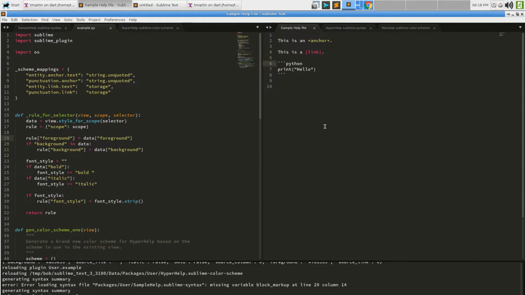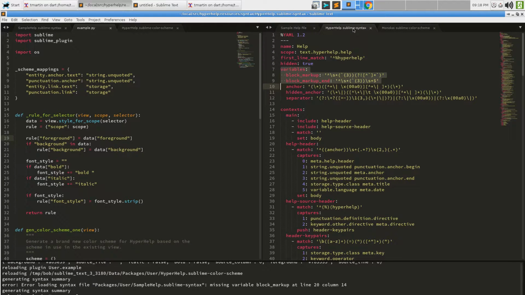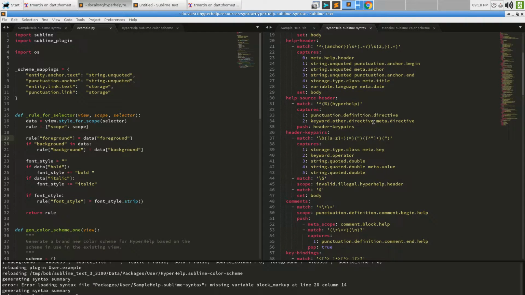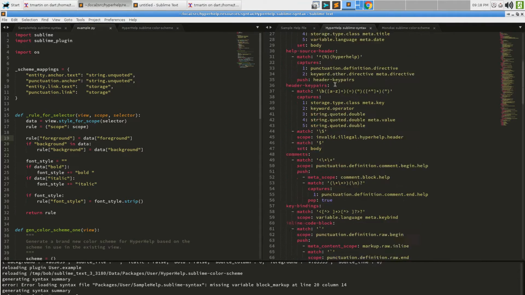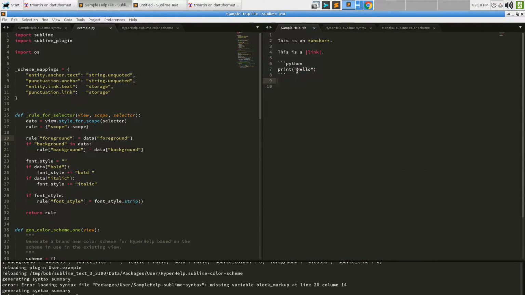Now, what we could do is, if we look at this, we'll find that if this code was in a markdown file, if I copied that and pasted it, it seems to be syntax highlighted in a way like you wouldn't expect. And you can see the syntax is still sample help.